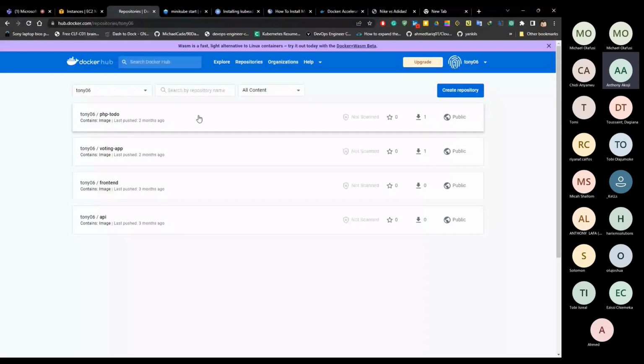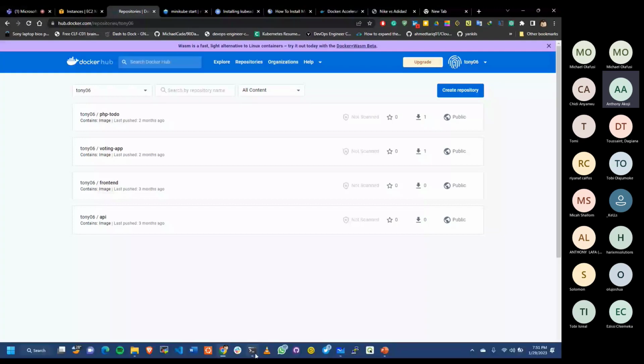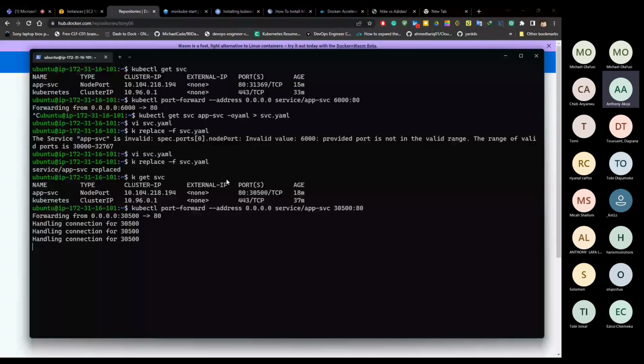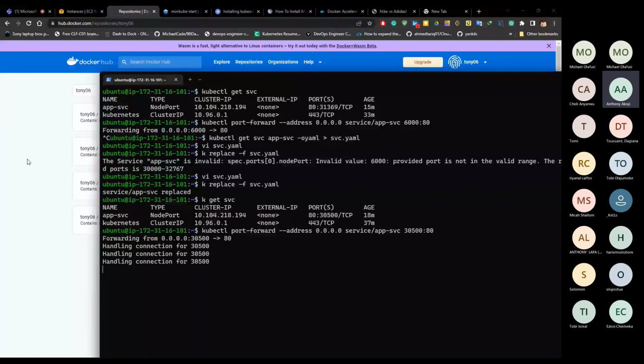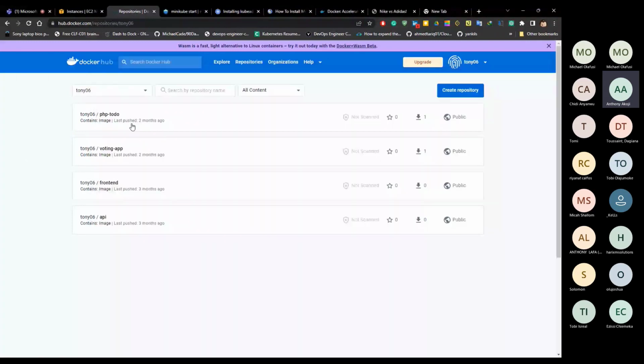So you create a private repository for that application. When you want to work on Kubernetes in your environment, you have to sign into Docker with your Docker credentials so that you'll be able to access those images that you have on your Docker private repository. So it's just picking this particular name, which is